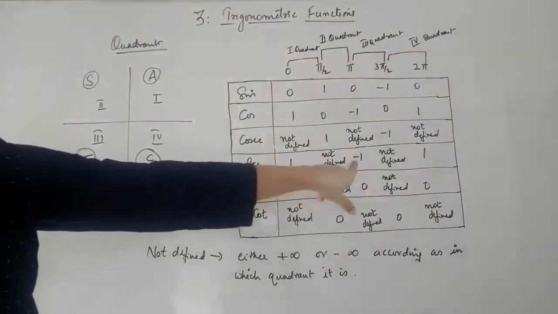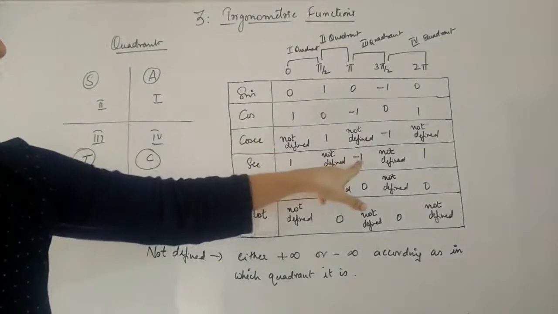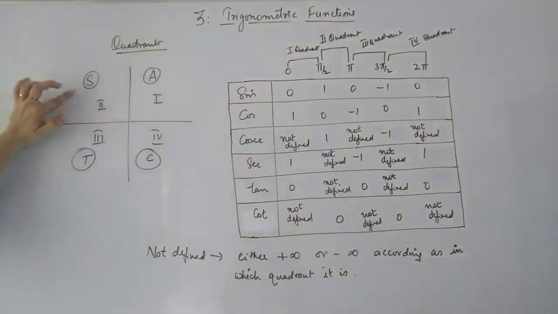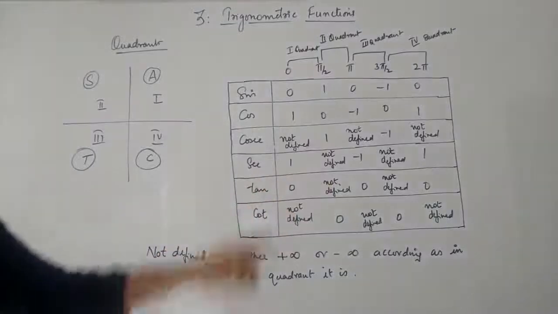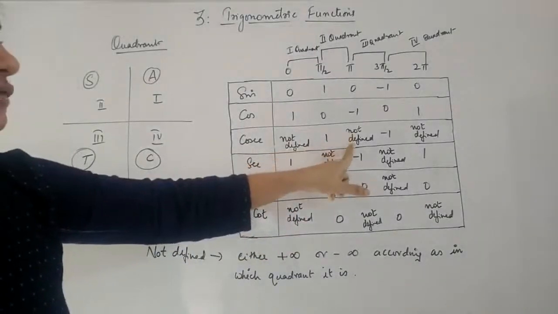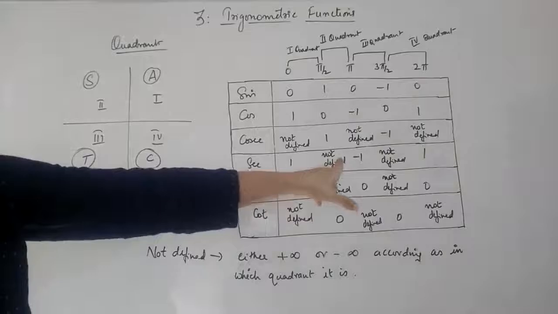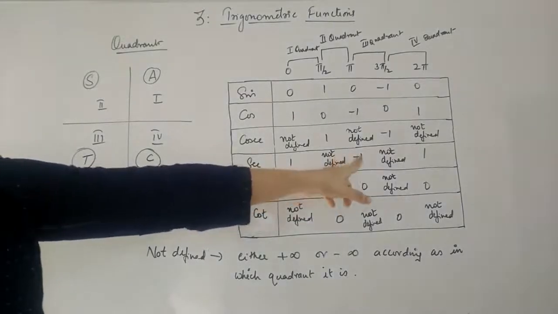Now when we move on to the second quadrant, that is pi by 2 to pi, you have the value not defined to minus 1. Now when it is not defined to minus 1, you go for your second quadrant. In the second quadrant you have cos to be negative. If cos is negative, sec is also negative. That means you have to treat that not defined to be minus infinity. So it goes from minus infinity to minus 1, which means it is increasing, right? It is increasing from minus infinity to minus 1.